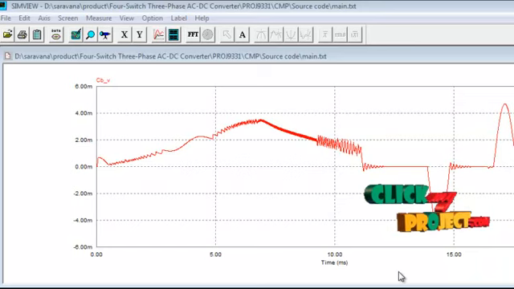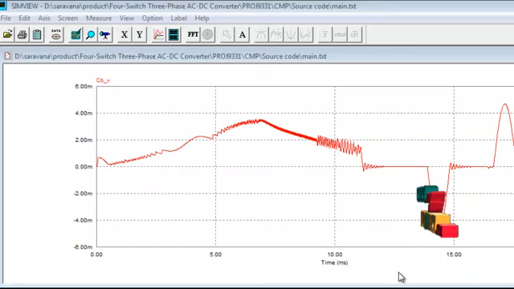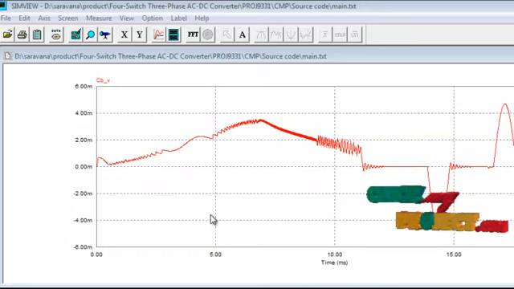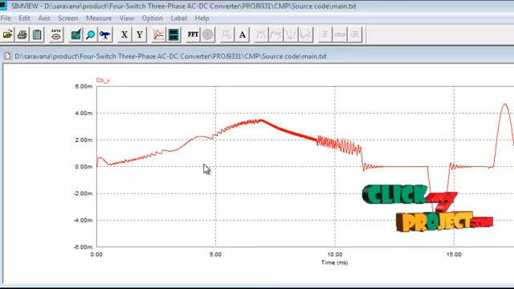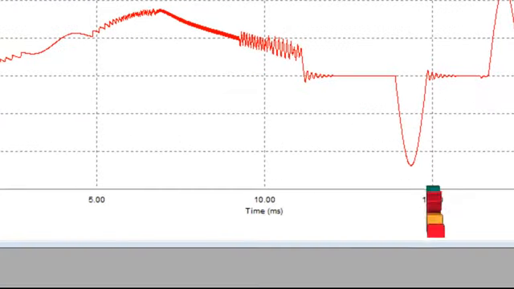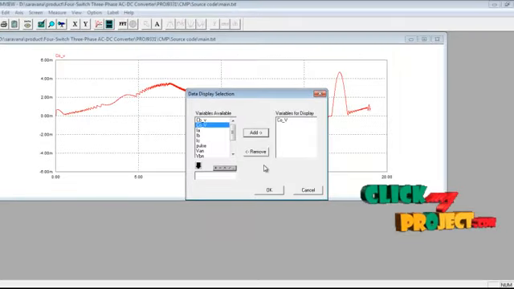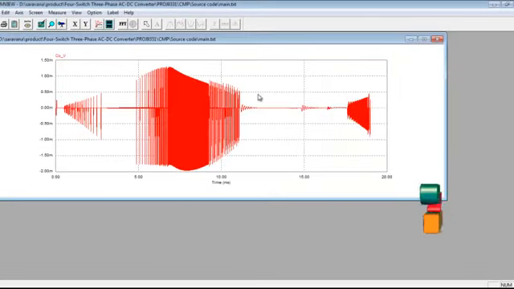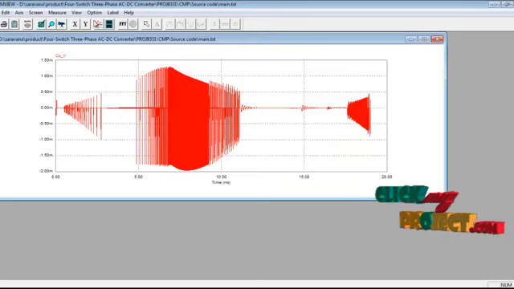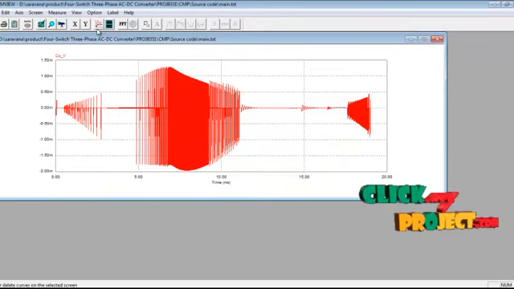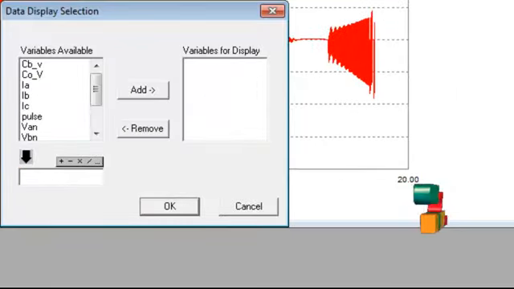This is the voltage of capacitor CB. So this is our galvanic isolation current of the capacitor, and this is the C0 output capacitor current. These are different parameters we can find, and with this scope block we get the result.